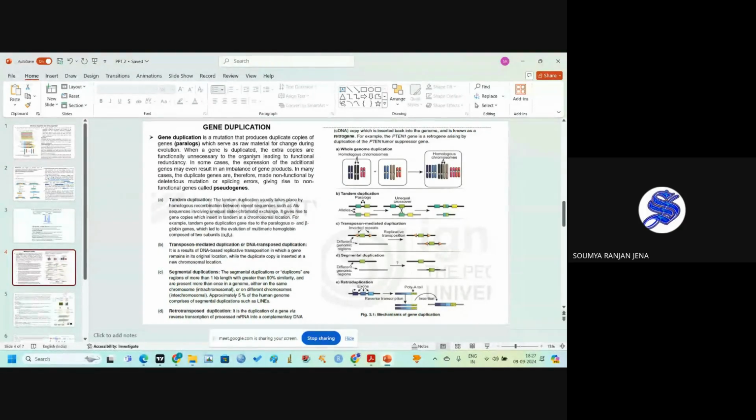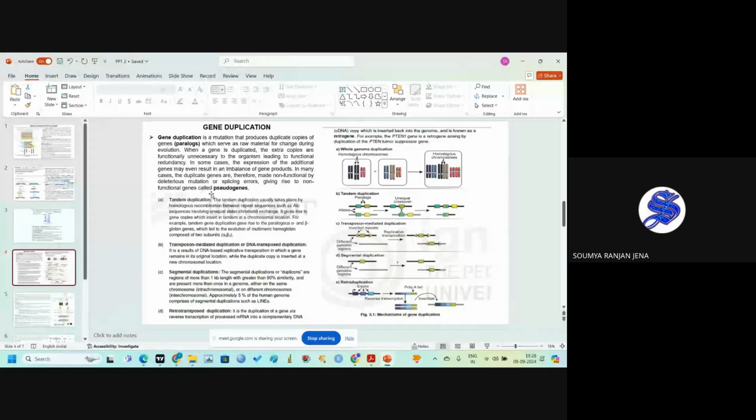And in some cases, the expression of the additional genes may even result in an imbalance of gene products. In many cases, the duplicate genes are therefore made non-functional by deleterious mutation or splicing error,